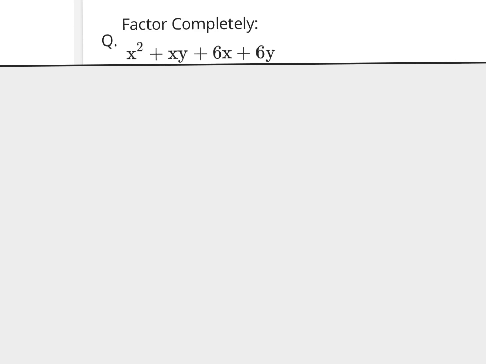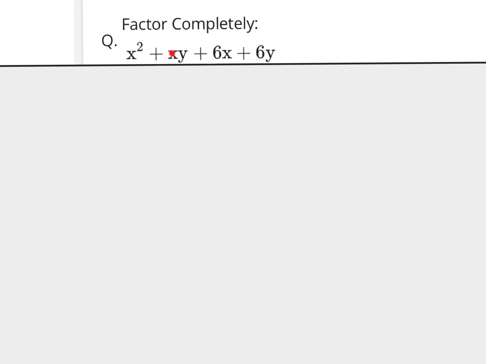So this is a video on a handful of questions from the practice final. On this question, we have an expression. They want us to factor it, and you might get a little confused because there's both x's and y's involved, and there's four terms. You should always try to pull out a GCF, but you can't pull out, like you